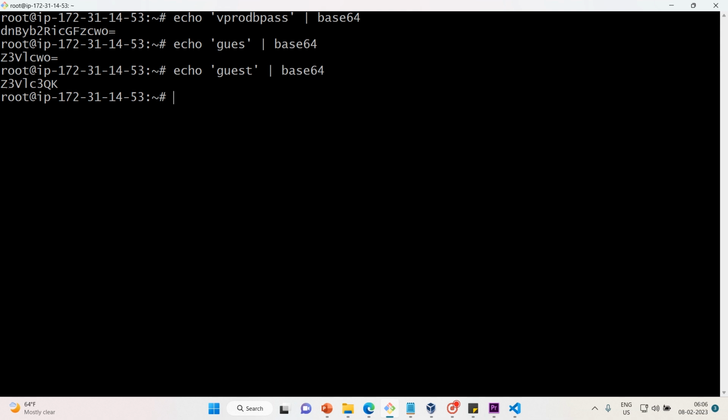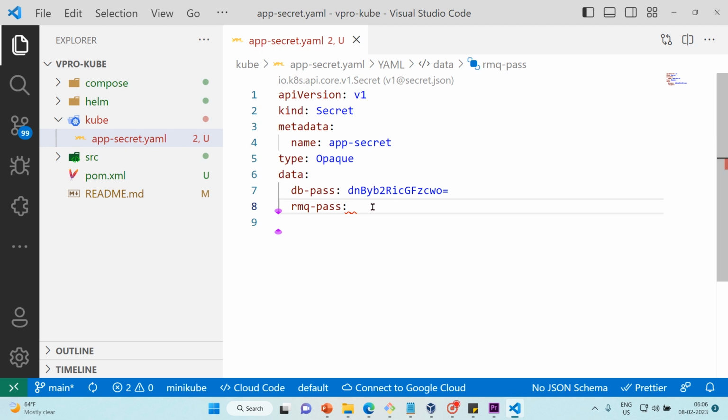Okay, now let me copy this and paste it here and save this file. Our secret app secret.yaml file is ready, and in our videos we also have discussed how to create secret object. So, okay, now what we will do is we will save this and get to this,